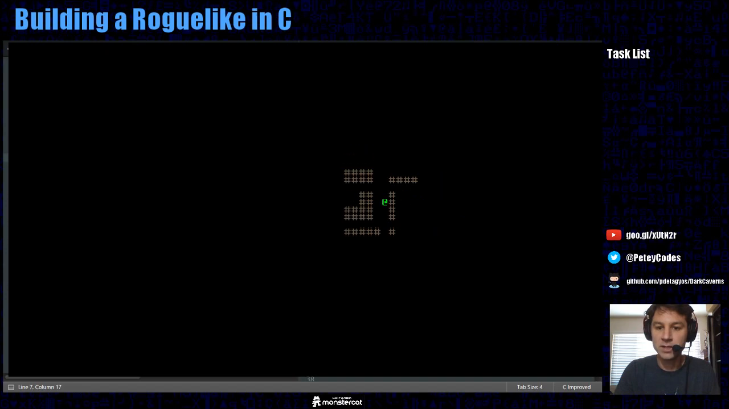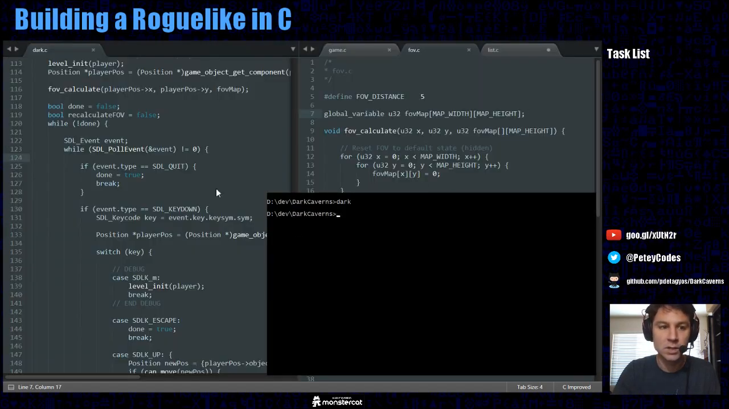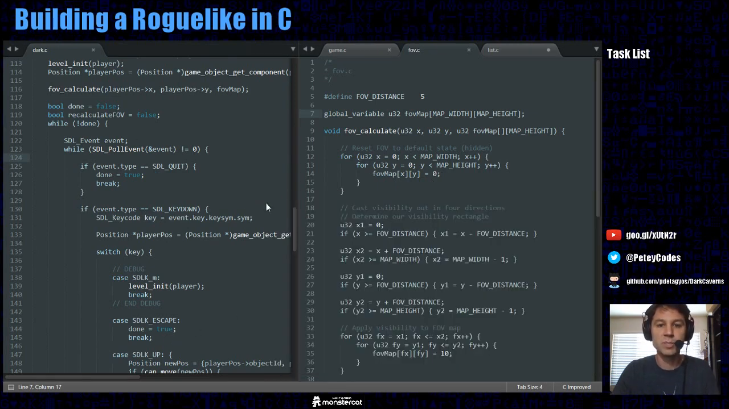So there's a couple things that I'd like to try and tackle today. I think the first of those will be to build in the concept of places where we've been and remembering the places where our hero has been. So let's jump into the code,